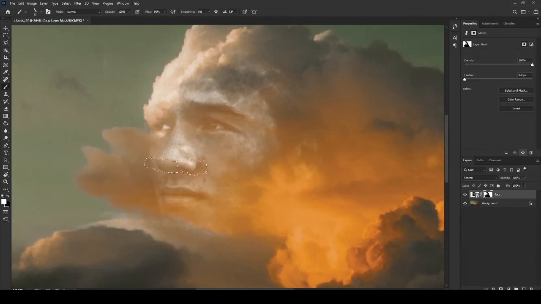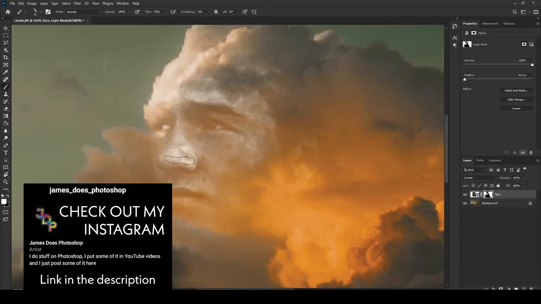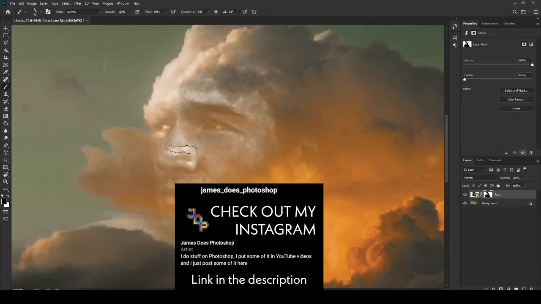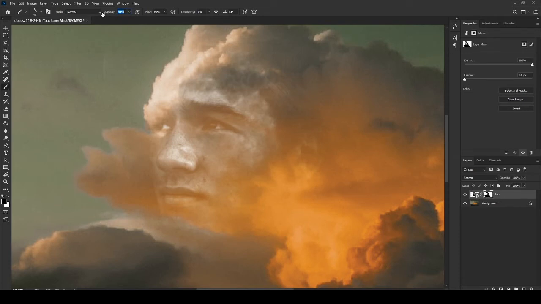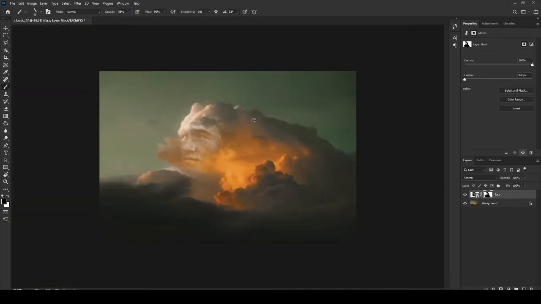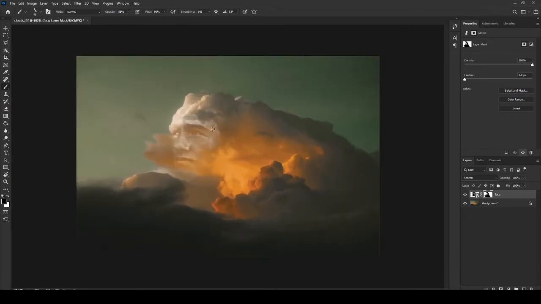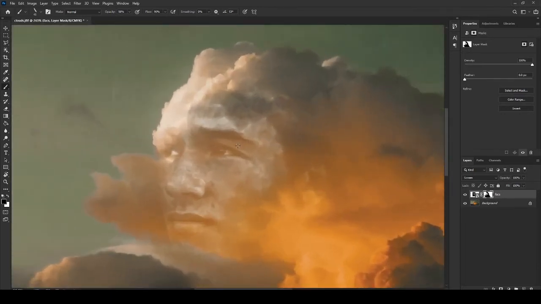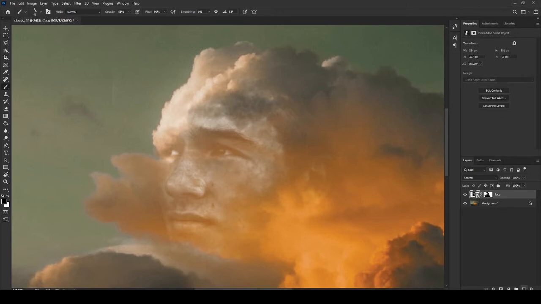So as you can see, just taking away at the very edges, trying to blend the face into the clouds, and you can see it's starting to look fairly integrated into the image now. So now that's done, I am going to add a new layer, and still using the smoke brush but making it a little bit